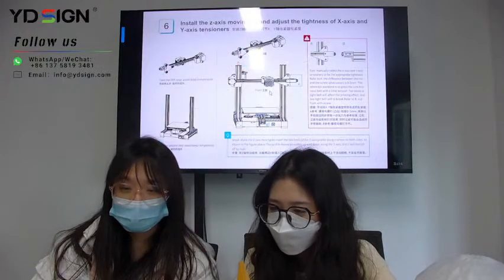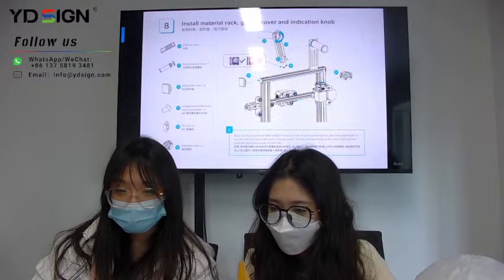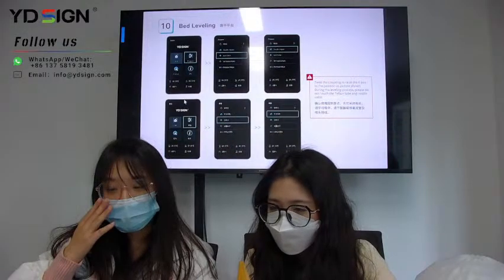Okay, next. Yes, this is the whole structure of our 3D model printer. Yeah, it's very specific. Yes, you can see this. And